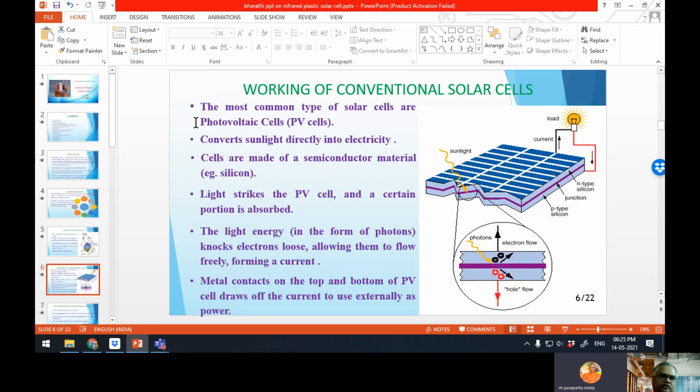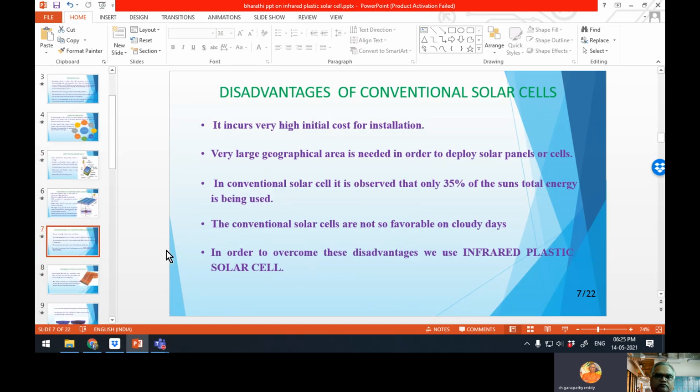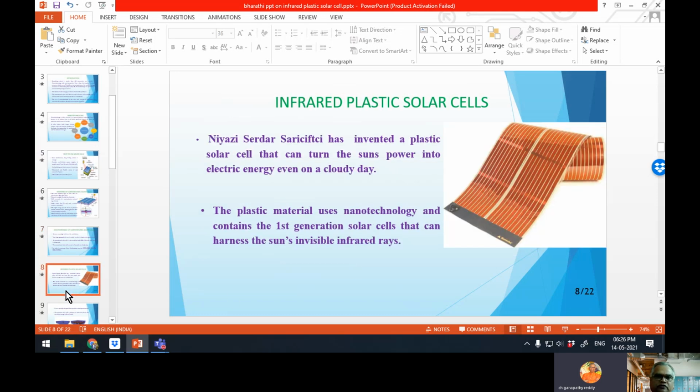All bullet points, see, dots are selected. Observe every slide, the same style of bullet point is selected. Don't focus on the content, I am focusing only on how the slide is prepared. There may be some mistakes in the content, that is not my intention now. So like this, here the right margin is adjusted. Even if you want, this image can be increased, but for this it is sufficient.